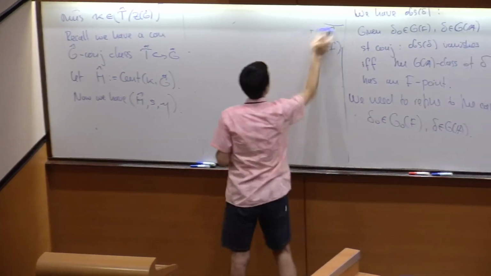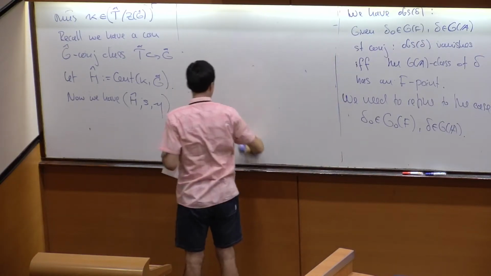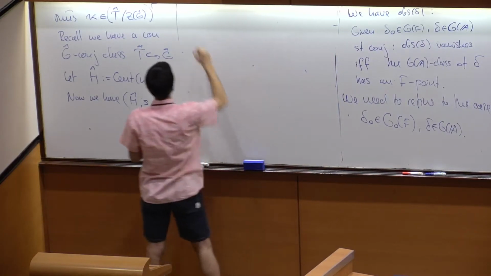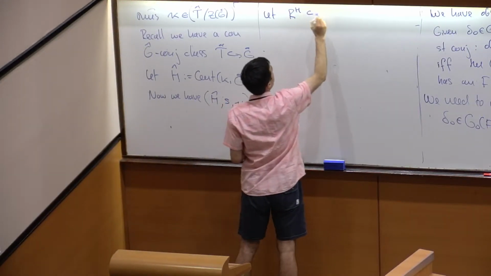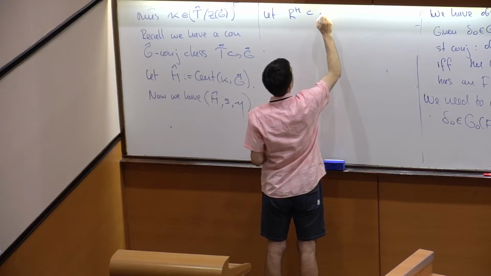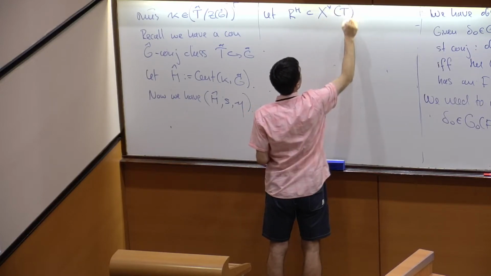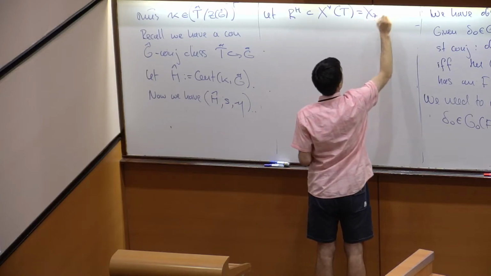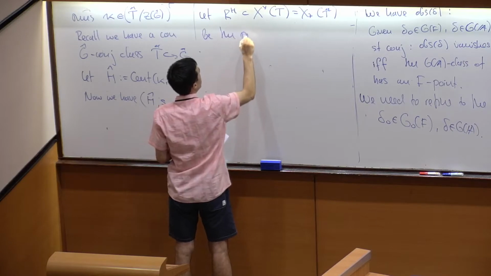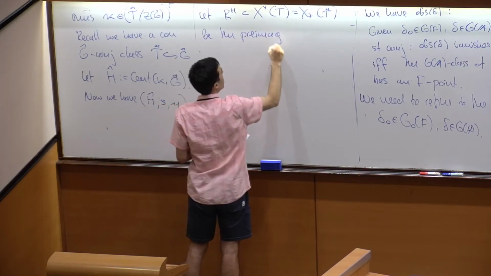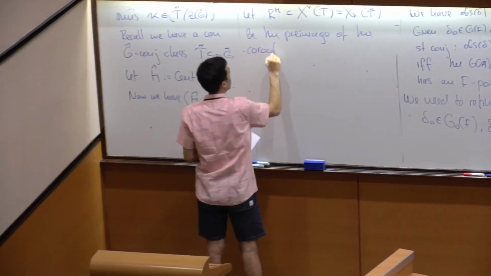This is a little bit technical, but let R_H inside of X^*(T), which is X^*(T hat), be the preimage of the core-root system